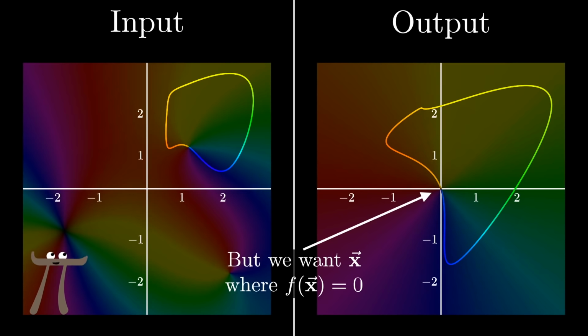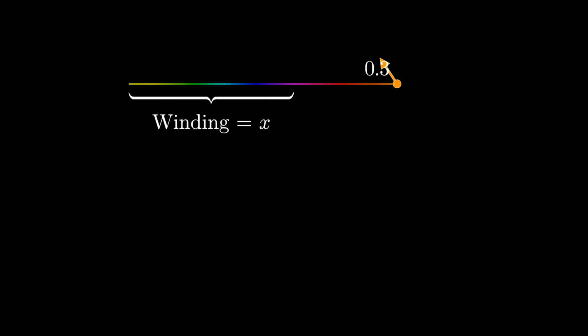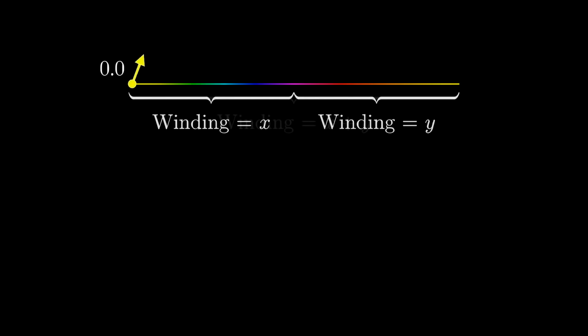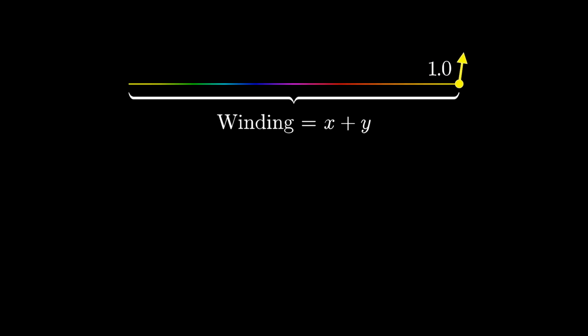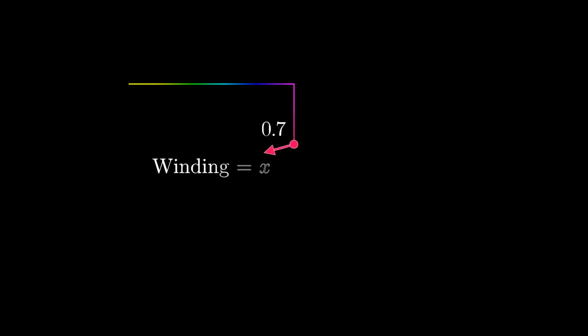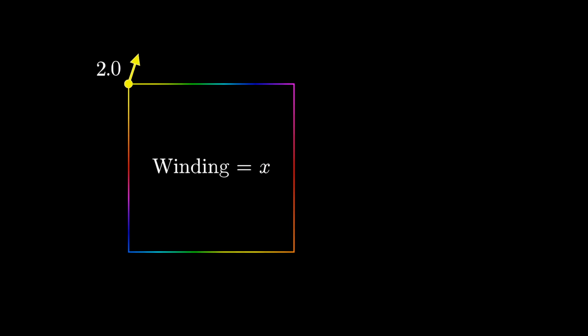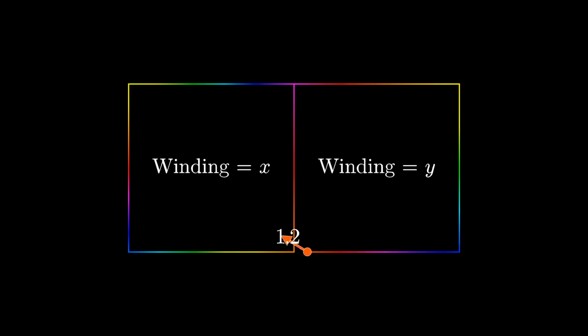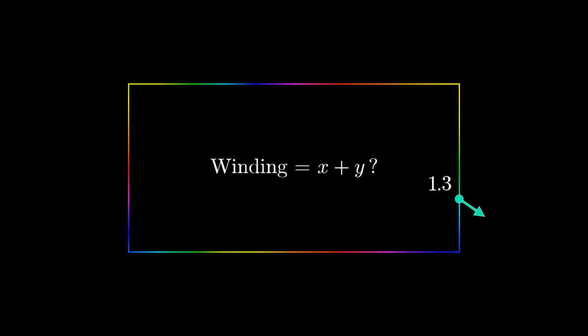Alright, so the main thing to notice about these winding numbers is that they add up nicely when you combine paths into bigger paths. But what we really want is for the winding numbers along the borders of regions to add up nicely when we combine regions to make bigger regions. So, do we have that property?